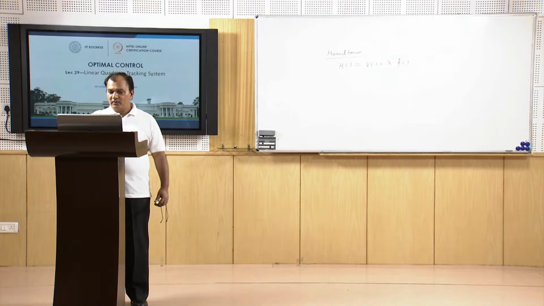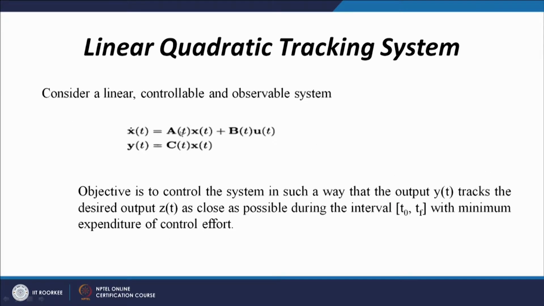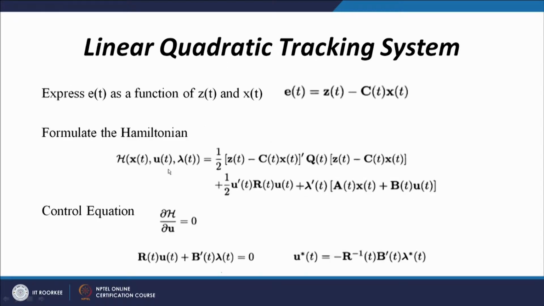So, V is E prime Q E plus U prime R U, this is my V, and F is A x plus B U. So, I am defining my Hamiltonian as E prime Q E, and E is replaced by Z minus C